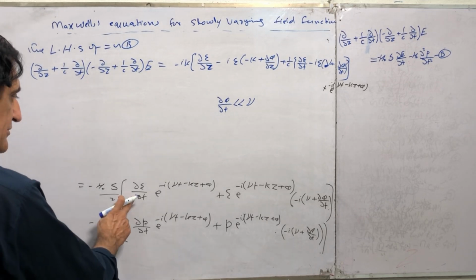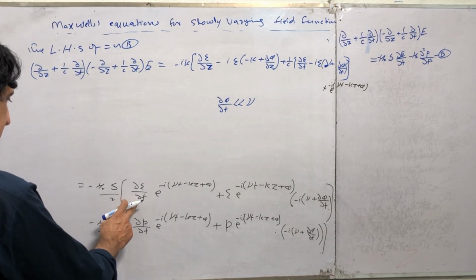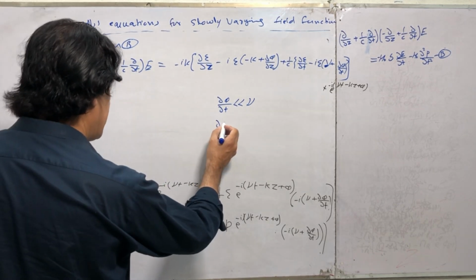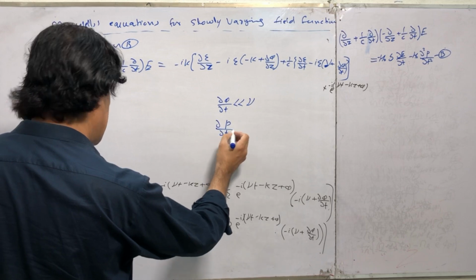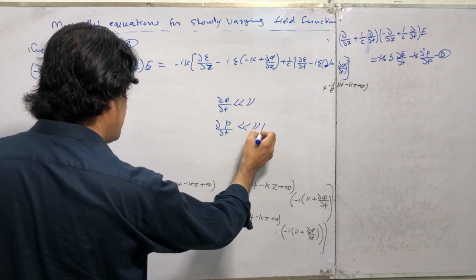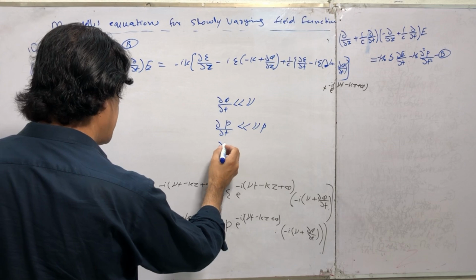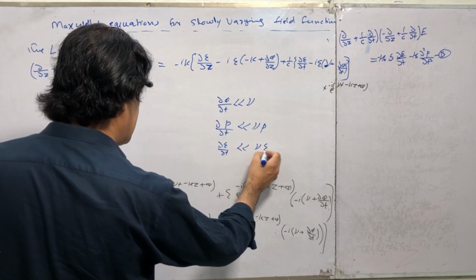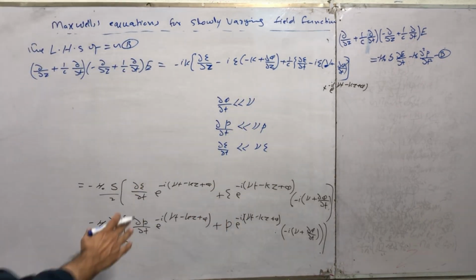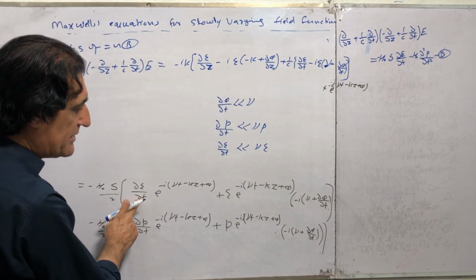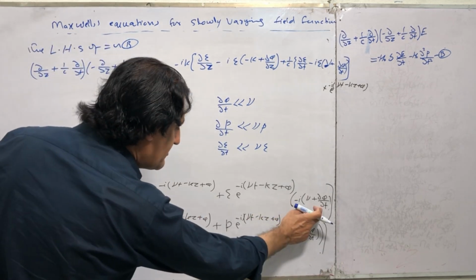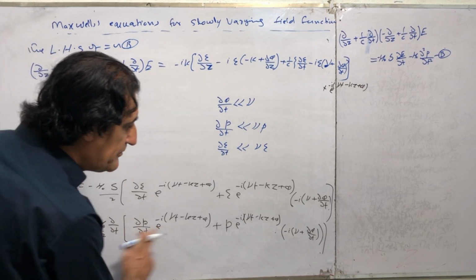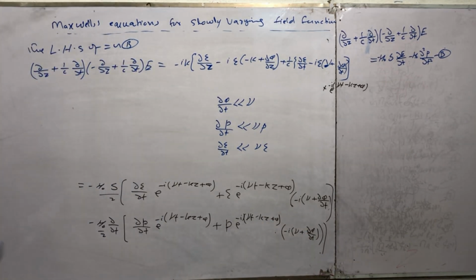only, and also you can neglect partial e divided by partial t as very less than nu e, and also you can apply partial p divided by partial t is very less than nu p, and the other one is partial e divided by partial t is very less than nu e. You can use all these approximations here, then it means that this term will be cancelled out and this term will be cancelled out, and here you can also have this term and this term. Finally you can get